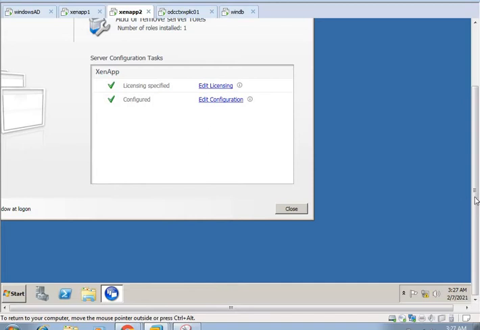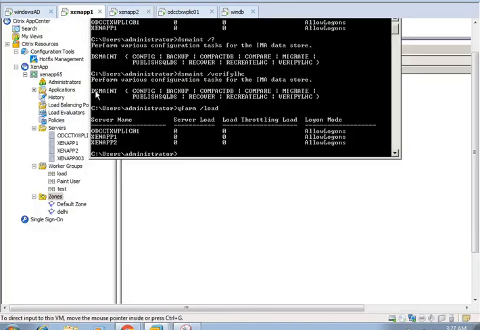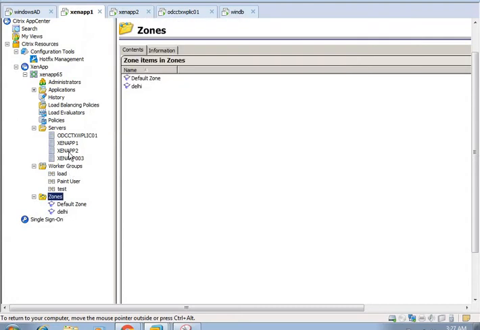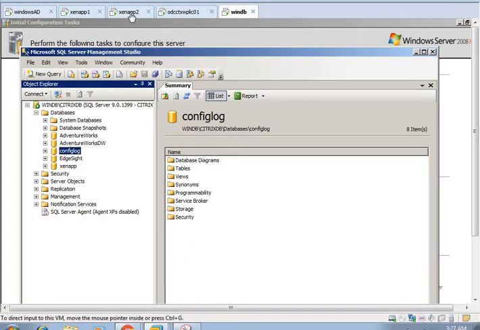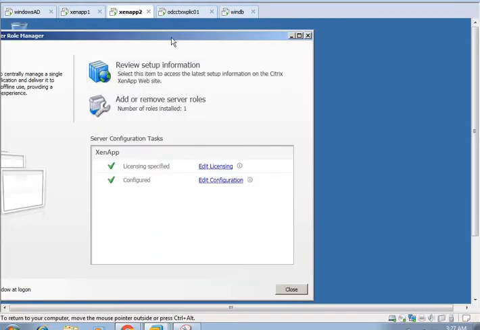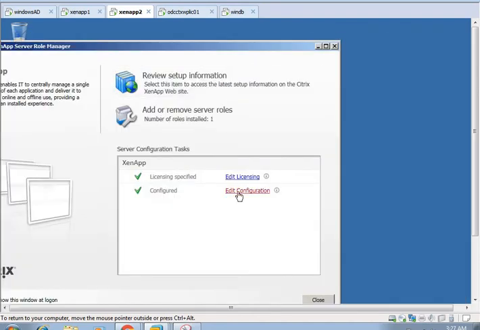We are clicking on edit configuration here, and once the server is added in the Citrix farm, it will show in the Citrix console here. This is our license server, database server. So just wait for the next window.